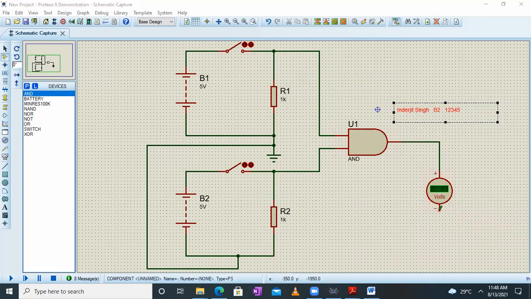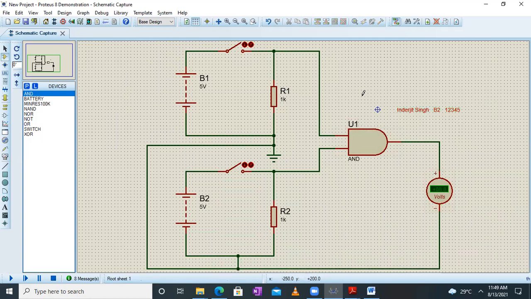And the negative terminal of the DC voltmeter will go to the common ground. So this will go to the common ground like this over here. Okay, let me try that again. So here this wire I'll be connecting from here, let's say. So this will be connected to the negative end of the voltmeter.